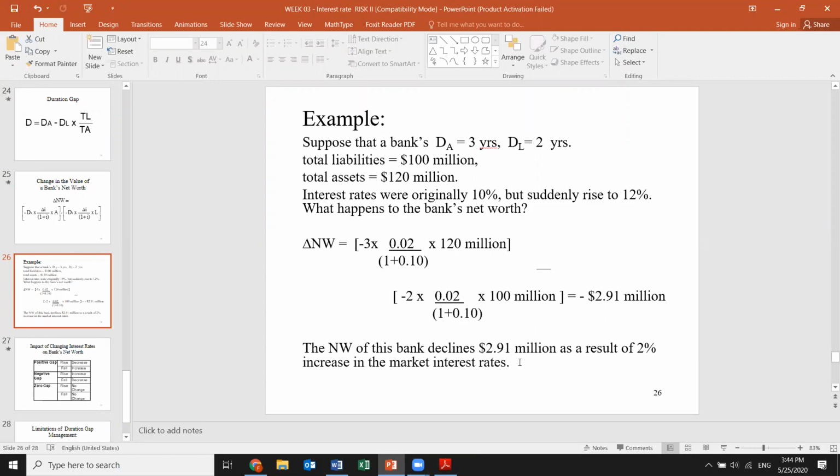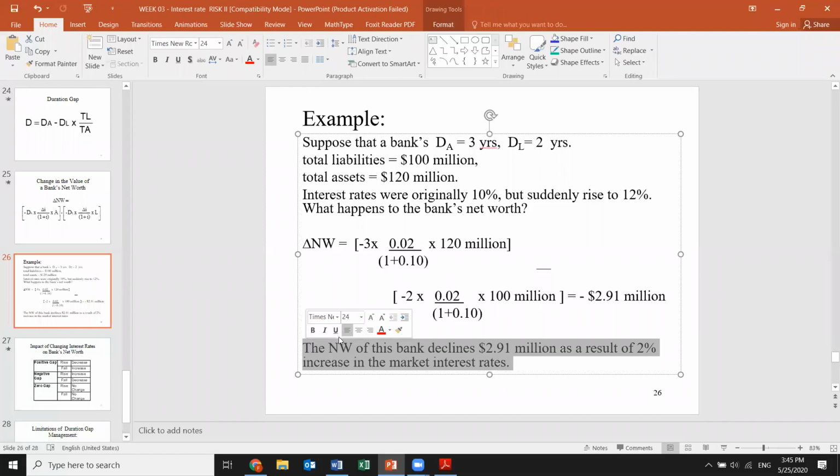So here we can measure the change in net worth. It gives you a more realistic picture in comparison to the repricing gap model, like we discussed with the book value, because the repricing gap model only considers the historical prices at which the instruments were purchased or sold as assets and liabilities. But the duration gap really does consider the market value of the assets. This is the main advantage of it.